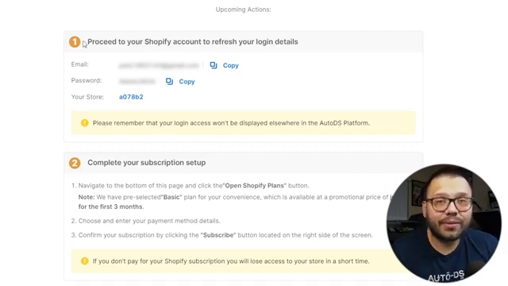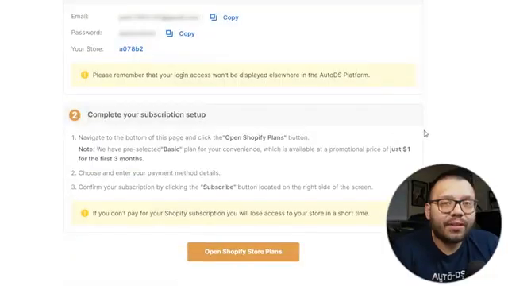If you lose these credentials, then you're gonna have to reach out to support and have everything reset. You're not gonna be able to find these credentials anywhere else, so make sure you save these, sign into your accounts, and change the passwords to something that you're actually gonna remember. Now, once you have your login information saved, the next thing you're gonna do is go ahead and open up